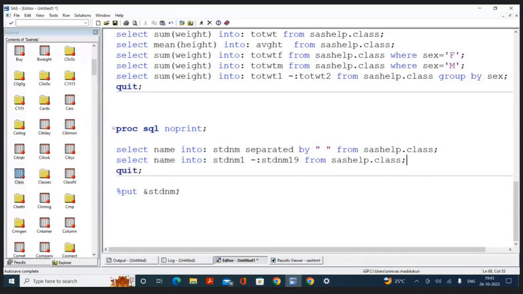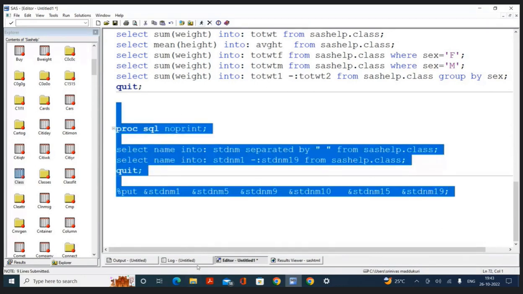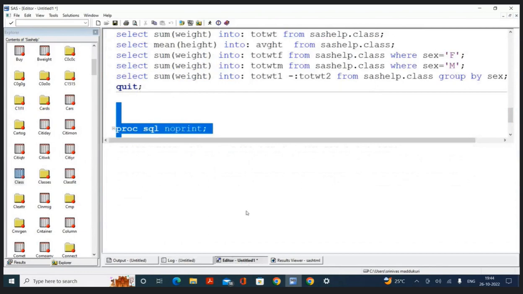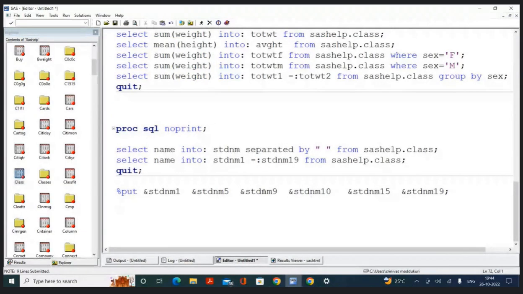Now I want to check whether the macros will be created or not. Now I'm writing like this one, stdnm, say for example 1, stdnm 5, then I want to have stdnm 9, I want to check stdnm 10, then I want to check stdnm 15, then I want to check 19. Select the program and execute it. If you have 19 macros, can you see? Now we have the values. Understand this one? We can get all the 19 names as one value by writing separated by,